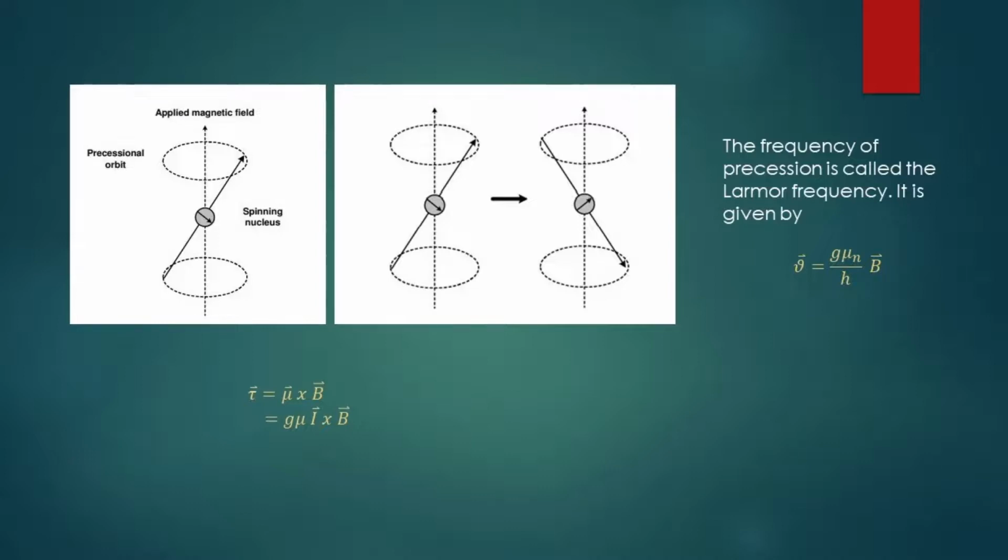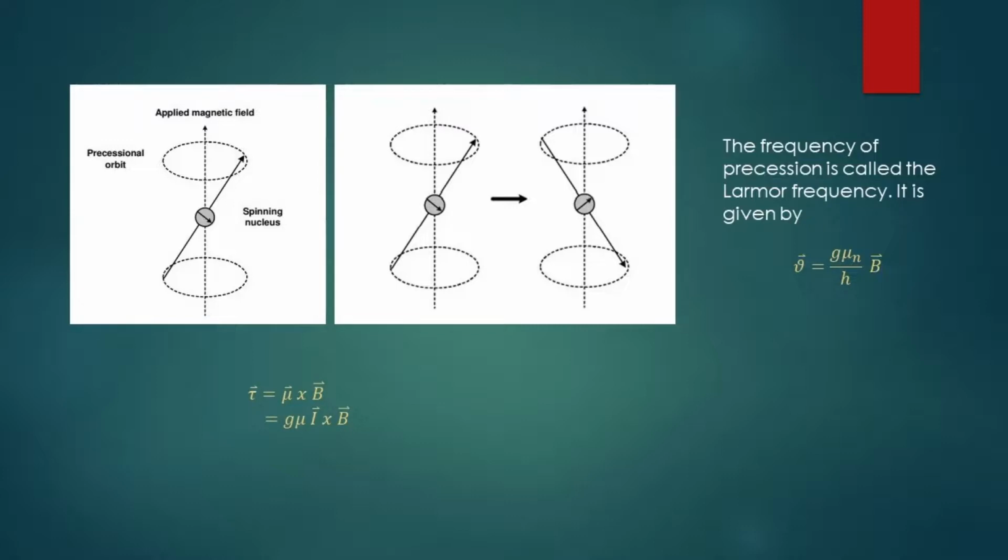resonance will occur. So this is the condition of resonance: the energy of the incident photon must be equal to the energy difference of the two states, that is delta E. So when resonance occurs, the energy of the photon would be absorbed by the specimen and a transition will occur from the ground state to the excited state, right? So this is the background story of NMR.